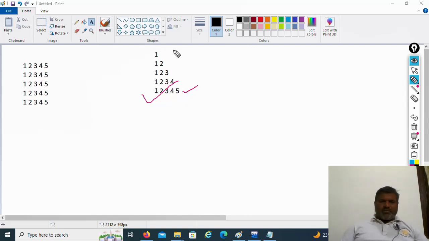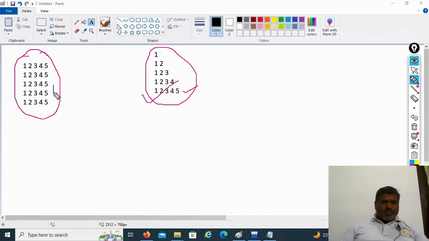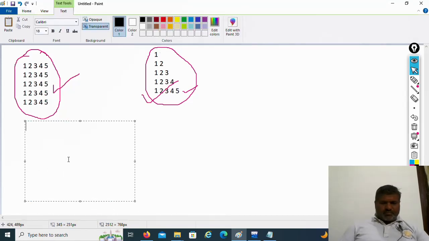Okay. Now before displaying this, the base for that particular pattern is this one. First let us see how to display this. If you understand this part clearly, it is very simple. Now first I want to display 1, 2, 3, 4, 5. So in order to display 1, 2, 3, 4, 5, here I use one loop called for